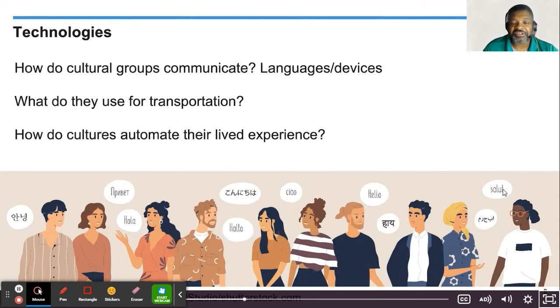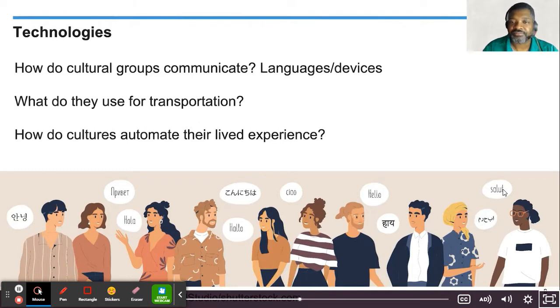Technology. Communication amongst a group is distinct and clear to the members of a group. It takes the form of language and gestures. This includes any devices used to transmit communications as well. How do people move from place to place? Whether it be by boat, car, on foot, or by train, even amongst the most developed countries, there is a distinct variance in transportation. For example, in the southern United States, movement by train is still in its relative infancy. But if you go to such cities as New York, or further into London, Tokyo, or Seoul, South Korea, they have very pronounced